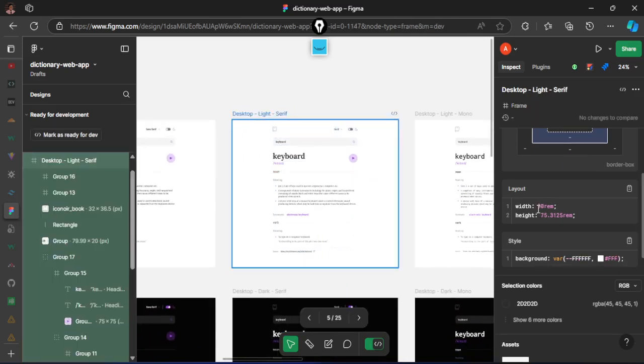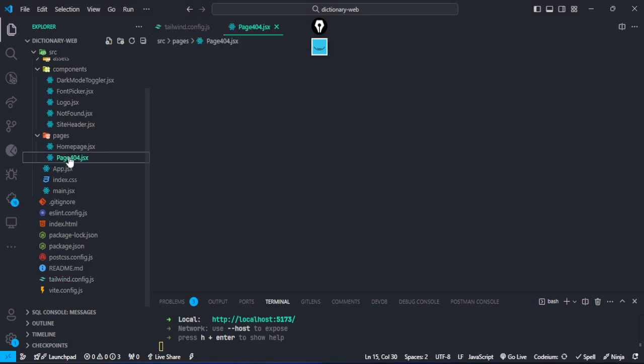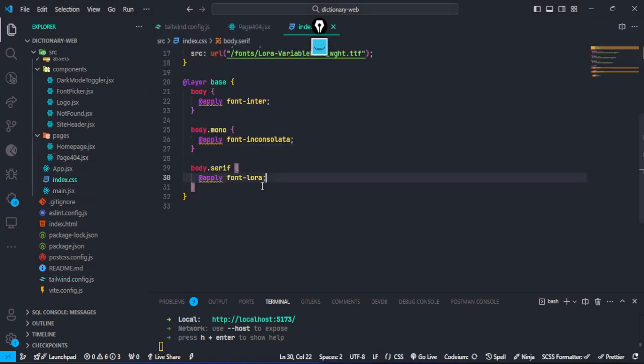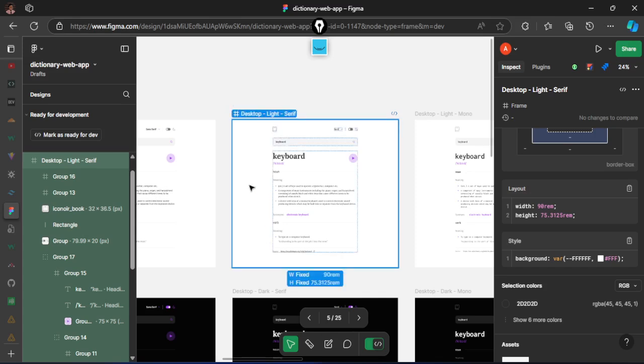By the time you check it, as you can see, the width is 90 rem, and if you check what is 90 rem there, you are going to see that it gives us 1440. For example, I can just say the width here is going to be 90 rem, and as you can see, it's 1440. So what we need to do is make sure that the width is not going more than 1024, like that,